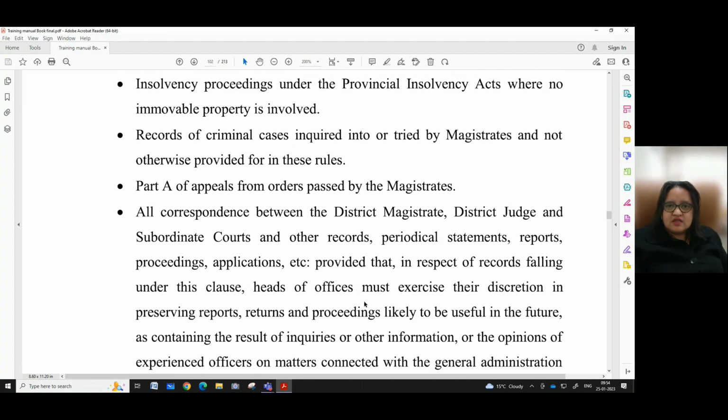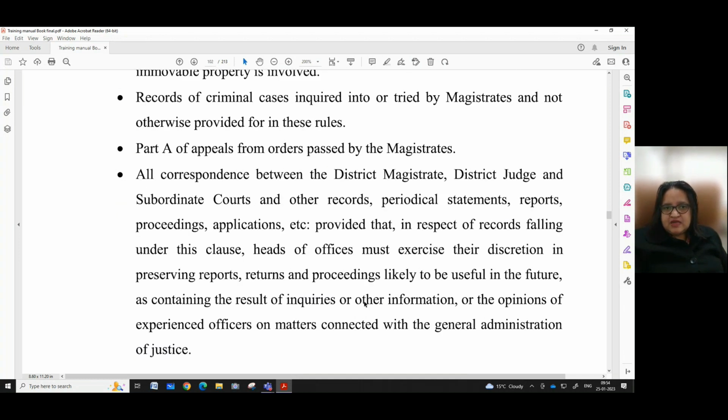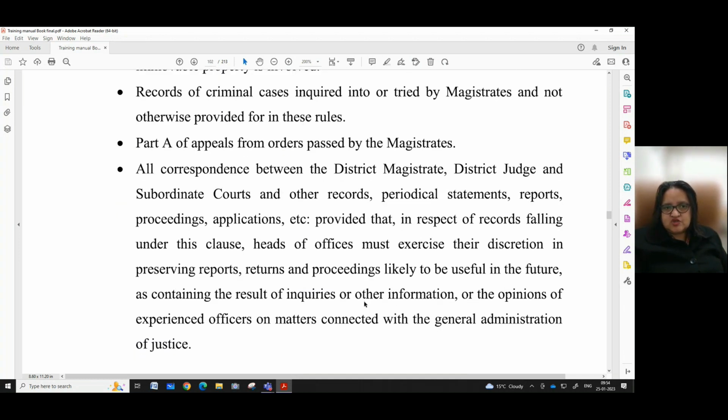Insolvency proceedings under the Provincial Insolvency Act where no immovable property is involved. Records of criminal cases inquired into or tried by the magistrates and not otherwise provided for in these rules. Part A of appeals from orders passed by the magistrates.